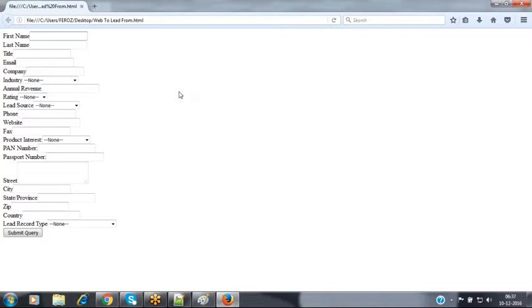We have to ask him to make this graphical user interface look attractive by adding some styles, some images, and some background colors. So the organization website's web designer is going to add some styles to this particular graphical user interface. He will make this graphical user interface look attractive.